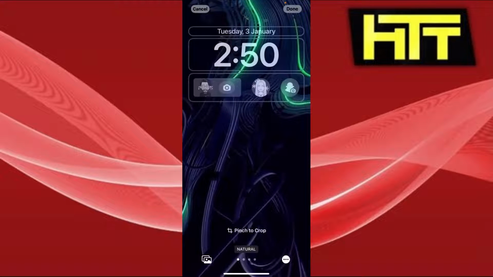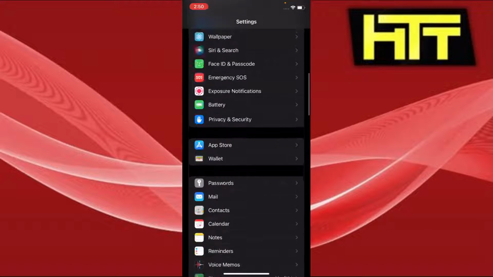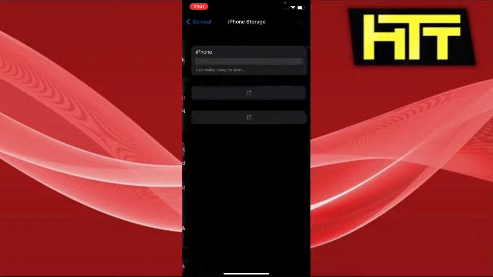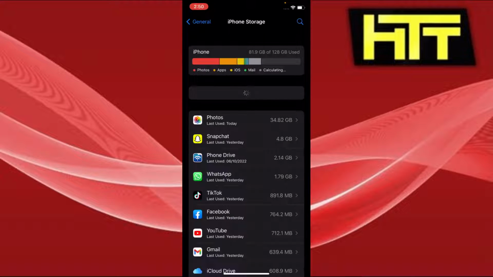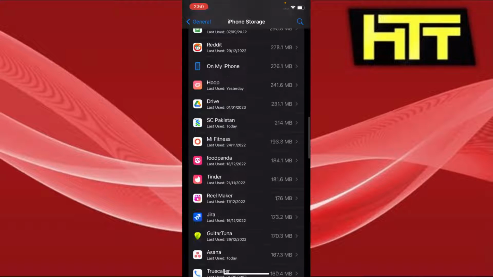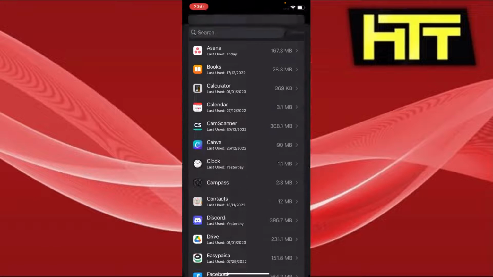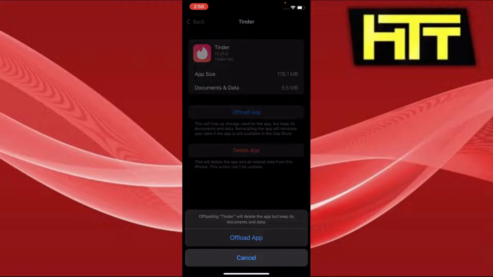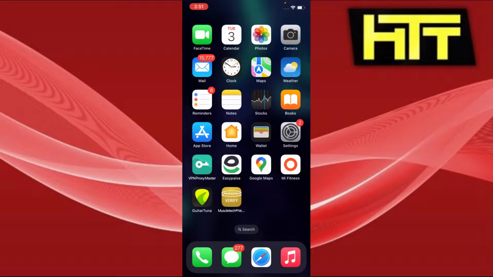One last thing you could do is you could go to your iPhone storage, and then you're gonna find the Tinder app, and then we're gonna offload this app. Okay, this is too many apps. I'm just gonna search for it. Right now you can press offload app, and offloading app will delete the app but keep its documents. And once you do that, you will get the reinstall button, and you can reinstall the app, and hopefully Tinder will start